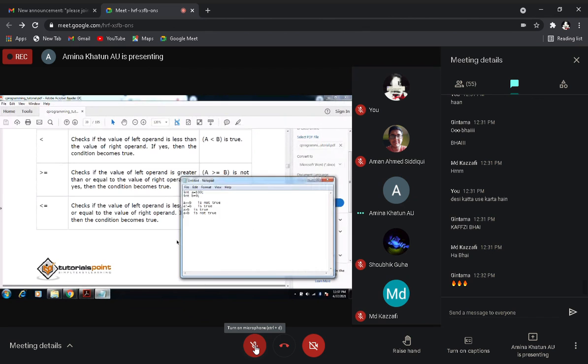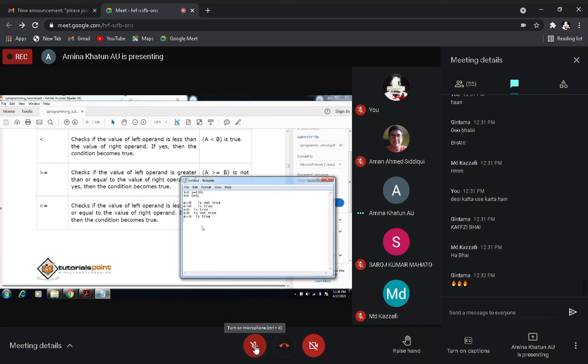If you are using A greater than equal to B, 100 greater than equal to 9, yes? It is true, because 100 is greater than 9.